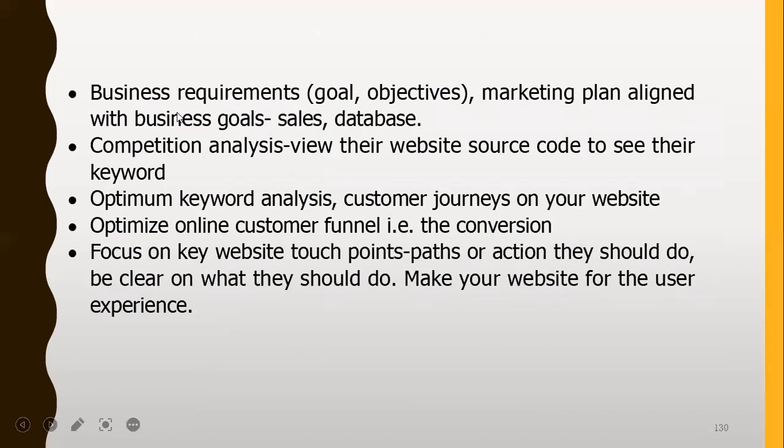So you need to have some business requirements, some goals. You need to have some marketing plans, right? In the case studies, in the hands-on, we're going to be looking at what a marketing plan looks like, right? We're going to be doing some competition analysis. I talked about Ubersuggest. We're going to be using Ubersuggest. There was a time we used to use Alexa.com for competition analysis, but that has been acquired by Amazon. So we look at other tools like SEMrush, like Ubersuggest, and other tools we could use to do competition analysis to see what our competitors are doing and what we can do better.